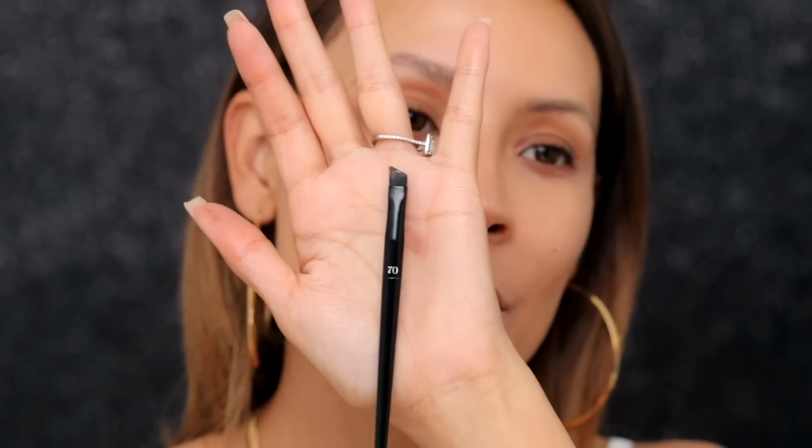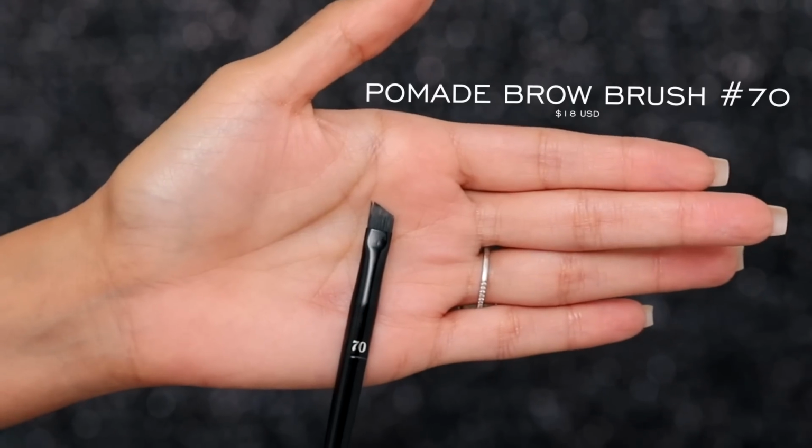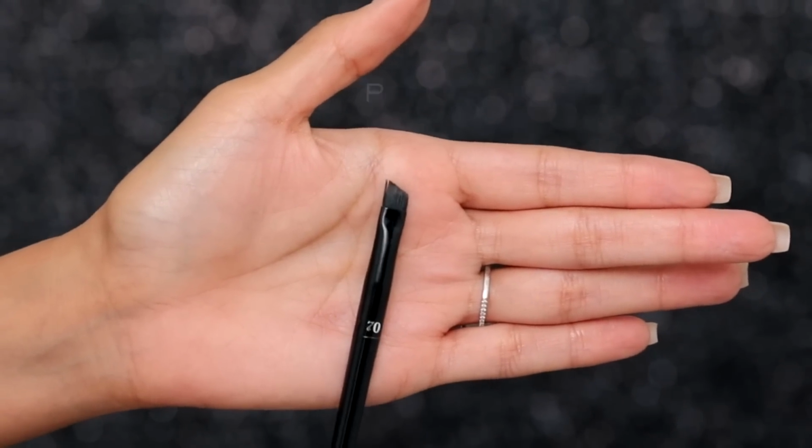And to apply it, I'm gonna be using brush 70. This is specifically made for the pomade. This product is very pigmented and really creamy. It's not dry at all, so a little goes a long way. I just take a tiny bit on my brush